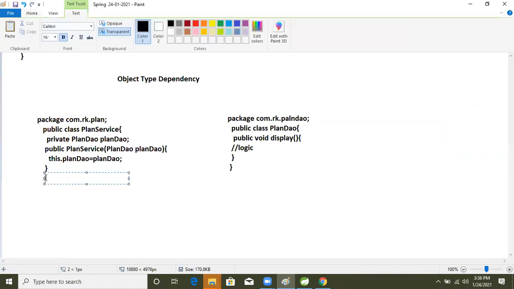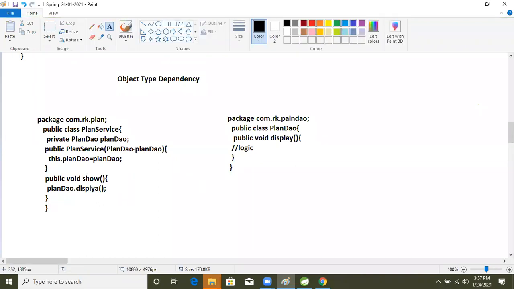Now here we will take one method, public void, and inside that we will take the planDAO, planDAO.display method we will call, and we will see the class object reference.